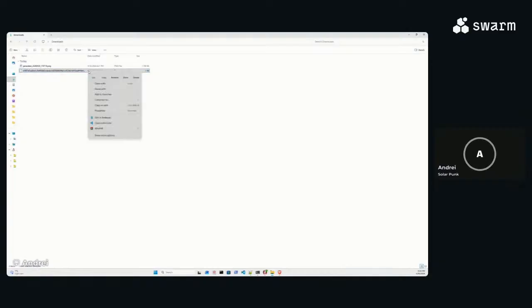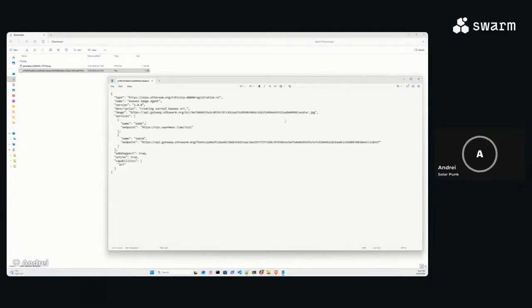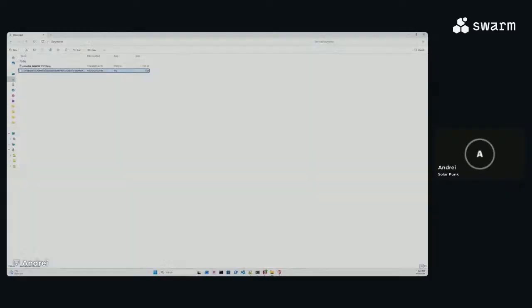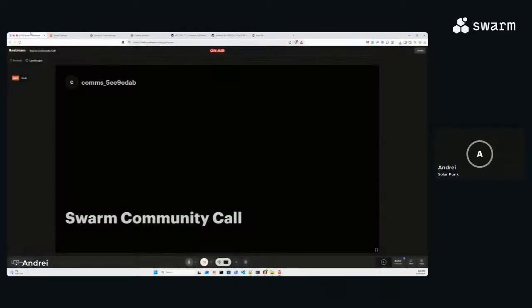I have to open it with a notepad. So this is the information. Each agent that lives on chain has this information. This is the catalog, what you saw in the catalog page. If there are any questions,